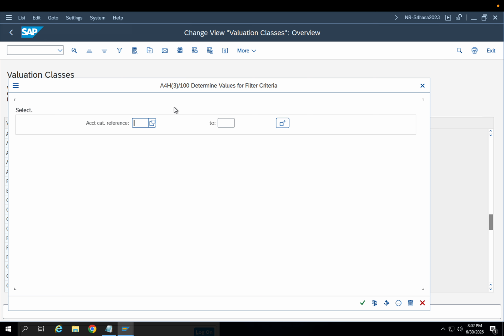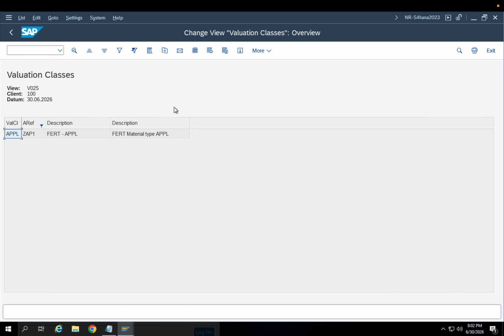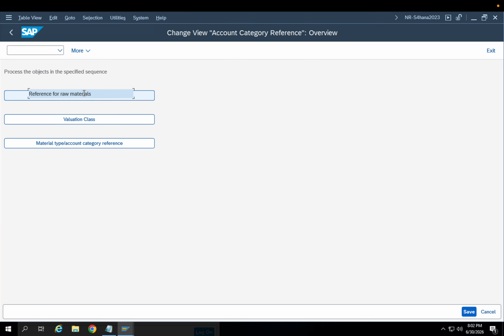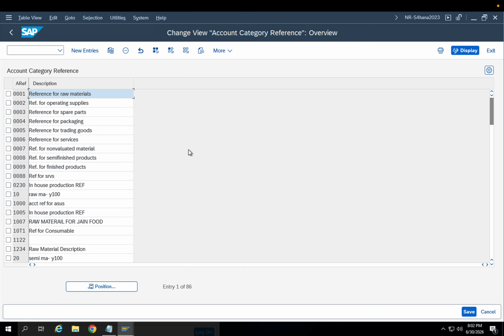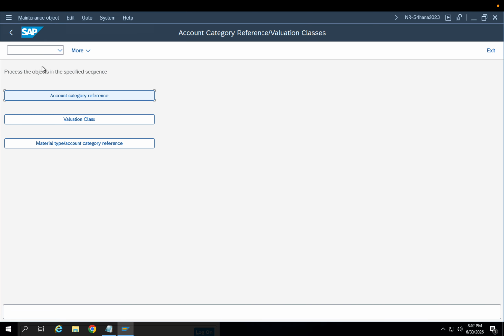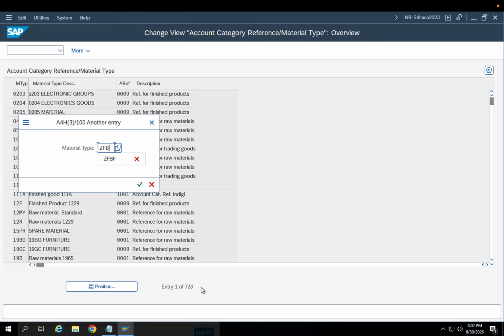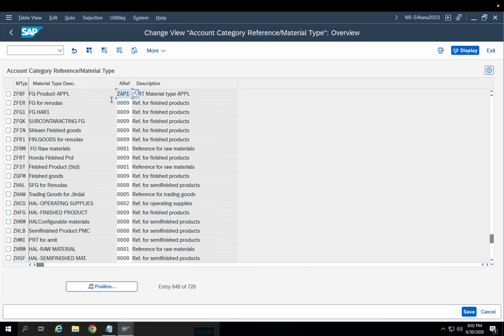What is ZAP1? It is the only one which we defined. If you want, you can define one more also for semi-finished goods, that also you can define. Now, if I am using this material type, ZFBF, then make sure that it is connected to ZAP1, having the ZAP1